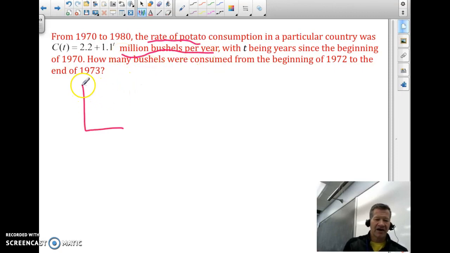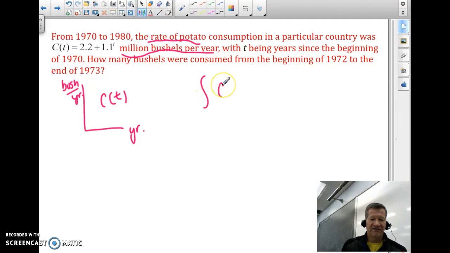So if I would have a graph of this, of C of T, we know that it would be measured in millions of bushels per year over time, which is in years. So if I want to find out how many bushels were consumed, finding the area under this C of T curve will tell us the total number of bushels. Years will cancel. So I want to integrate C of T with respect to T